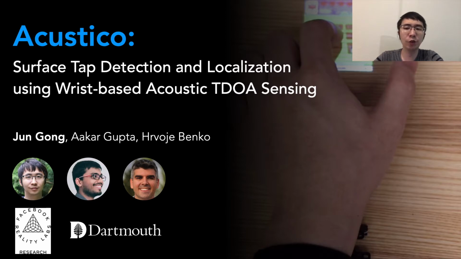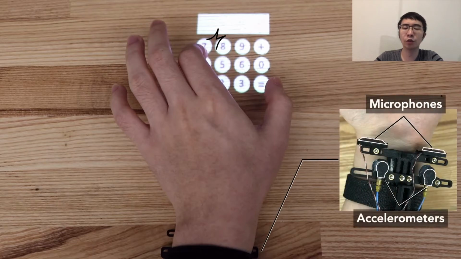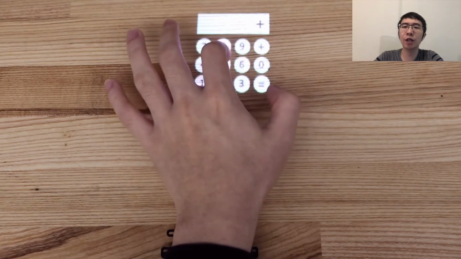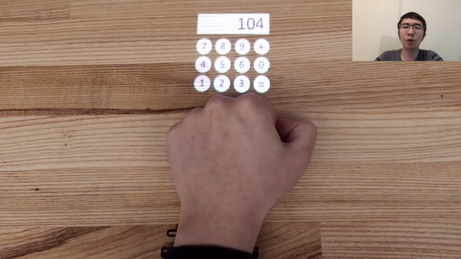Before I talk about motivation and related work, first of all, I just want to quickly show you what Acustico is and how it works. Acustico is a passive acoustic sensing approach that enables tap detection and 2D tap localization on uninstrumented surfaces using a wrist-worn device with 2 accelerometers and 2 microphones underneath. For example, in this AR calculator app, the user can input numbers on any surface nearby and get the calculation results. I will talk more about implementations and applications later in this talk, but before that, let's start with